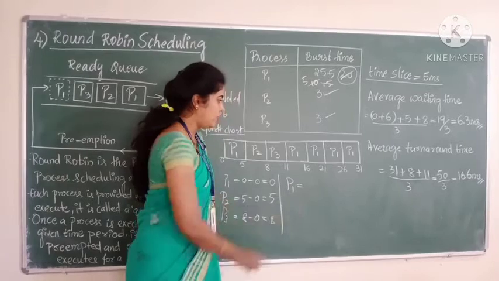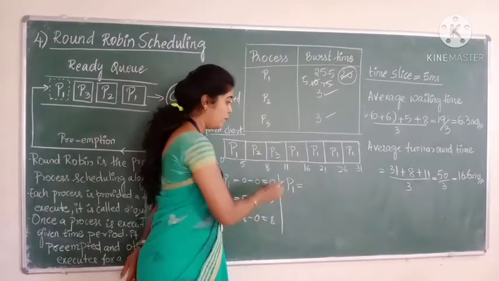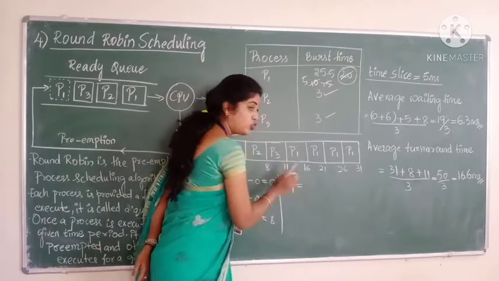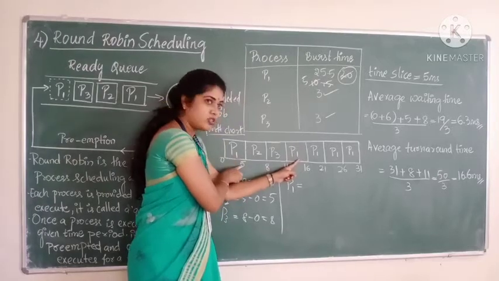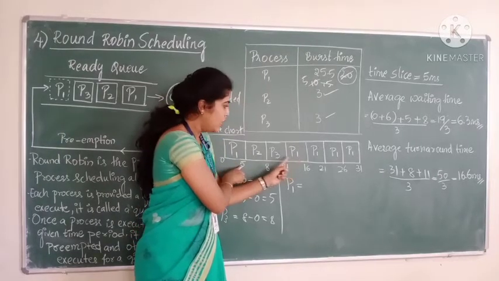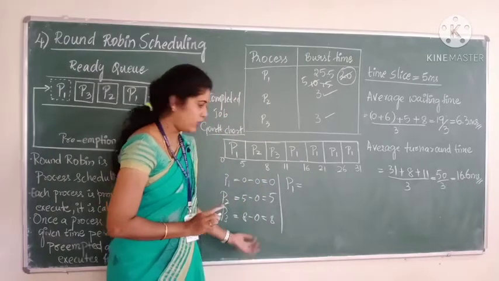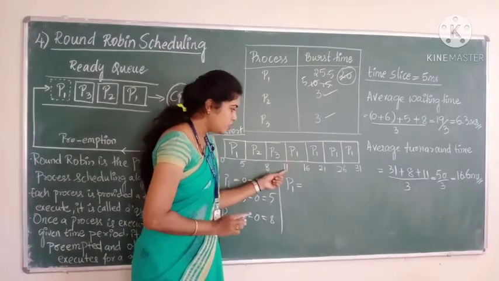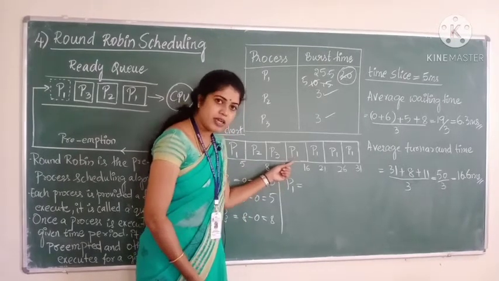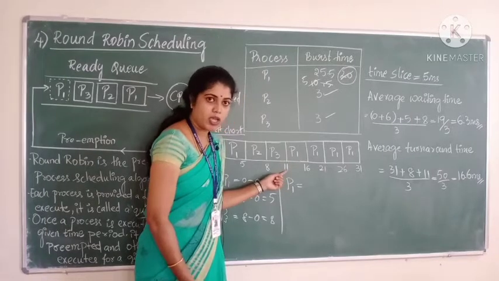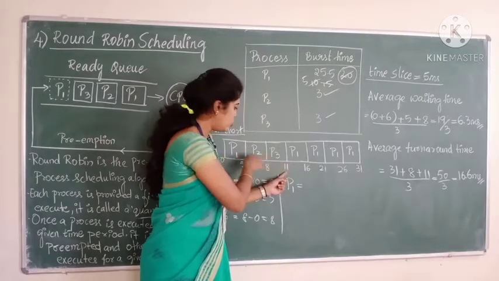Okay, now see P1 again, for this the starting time is how much? 11, and arrival time is always 0. But you should not take 11, because the same process P1 has already run for 5 milliseconds. Okay, see, for this I have written how to calculate the waiting time. Again P1 is coming, and what is the formula to calculate waiting time? Starting time minus arrival time. P1 again started at 11 milliseconds. But you should not take 11, because how you got 11 is by taking the cumulative.